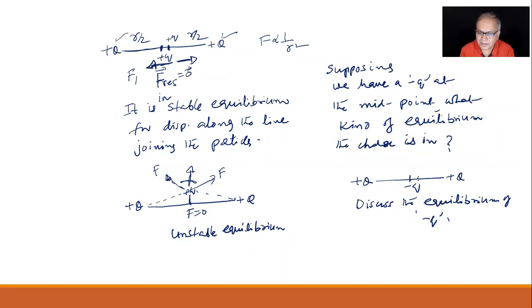No, look at this. Minus q, I moved it here, for example. Previously at this point the net force was 0, right? But now when I moved it here, is this attractive force increasing or decreasing? Increasing. So the net force will be still that way. It will go that way only, so it won't come back. So for longitudinal displacements, the equilibrium is unstable.